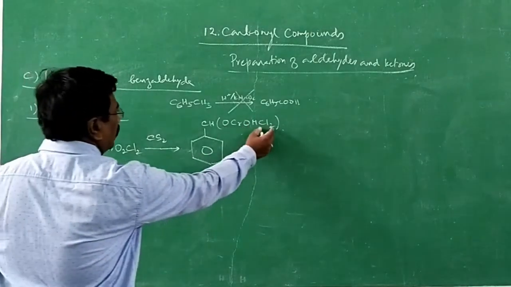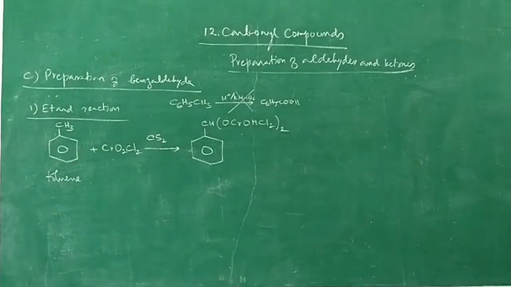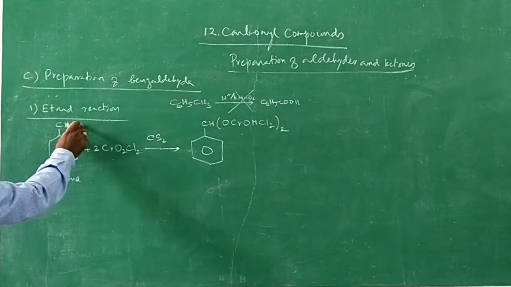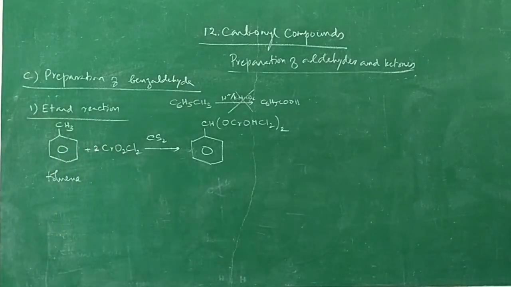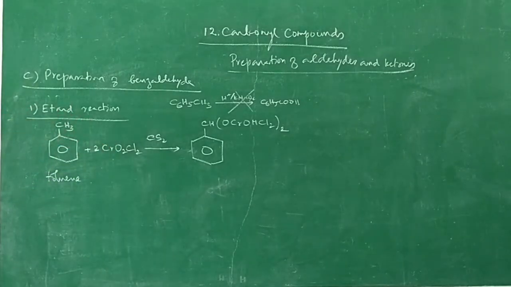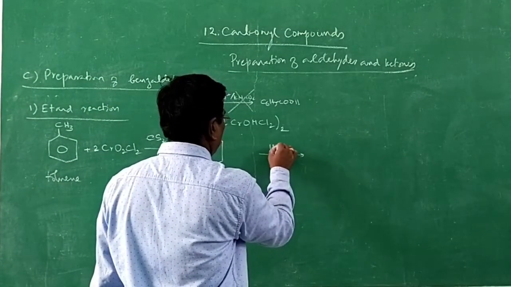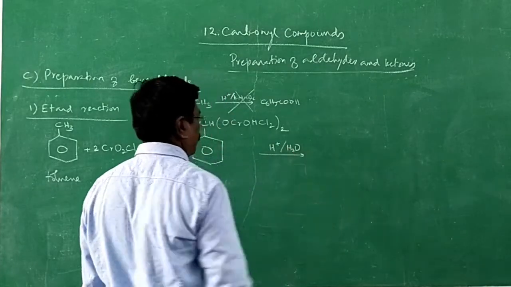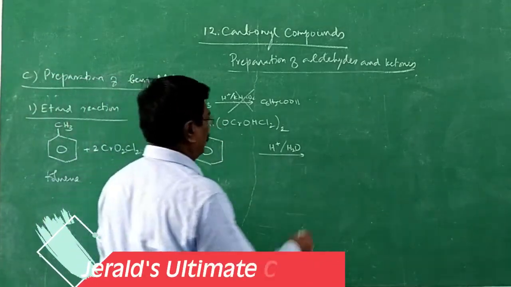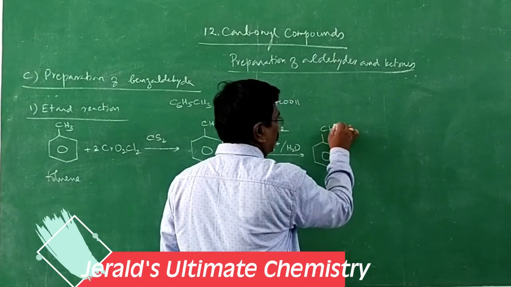CrO2Cl2, CrO2Cl2 with that two hydrogen, because it is twice. Two such molecules are added, not instead of two hydrogen. Those two hydrogens will go over here, it will become an intermediate compound. That intermediate compound on acid hydrolysis, H plus and H2O, results in the formation of aldehyde, C double bond O, CHO, benzaldehyde you will be getting.